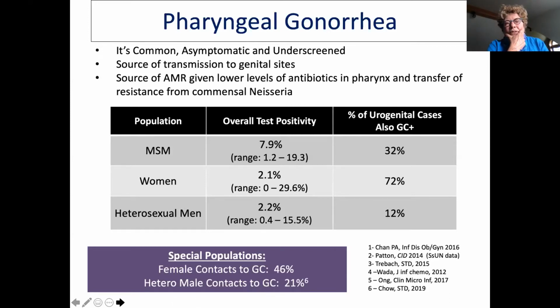And then, as I tried to explain, we're concerned about it because we know that antibiotics don't achieve high enough levels in the pharynx, so we have pretty high bars for what's considered for the treatment guidelines, that they have to achieve a 95% cure in the pharynx. And there are other commensal Neisseria that live in the pharynx, and they're able to transmit plasmids and other forms of antimicrobial resistance. So this is why we want to diagnose it and treat it as effectively as we can.